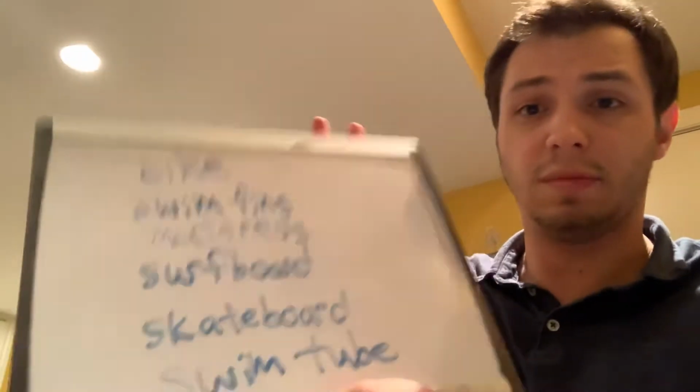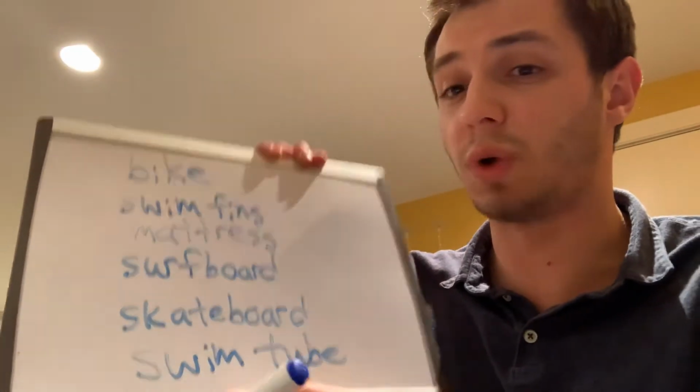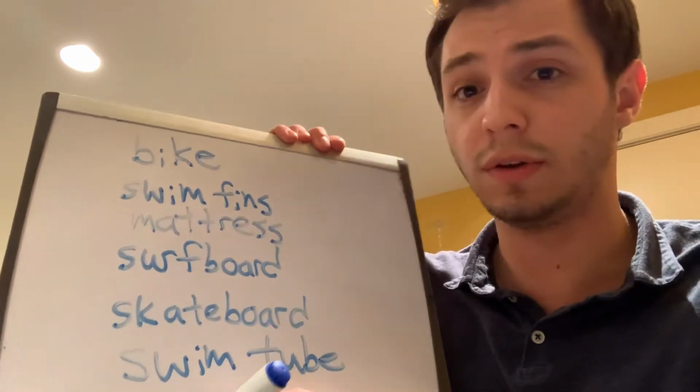So these are the items that they give you with the prices. I will write the prices on here just to make it a little bit easier. So the bike costs $112.50. The swim fins will cost